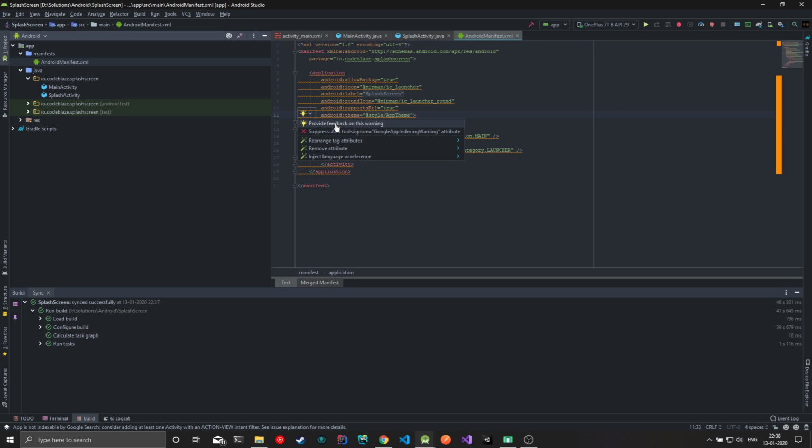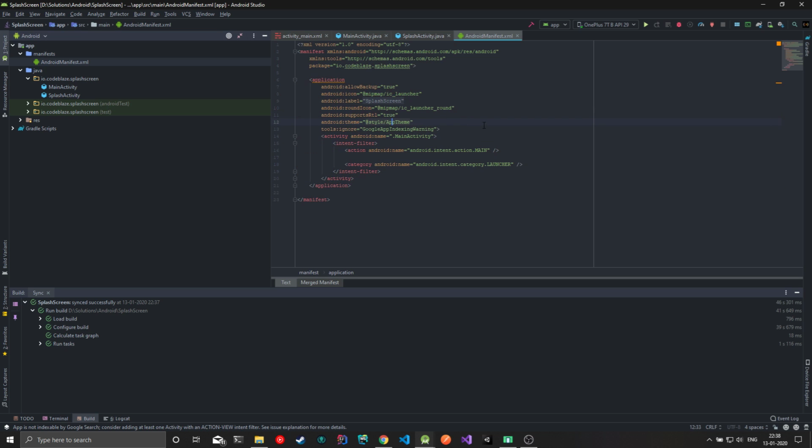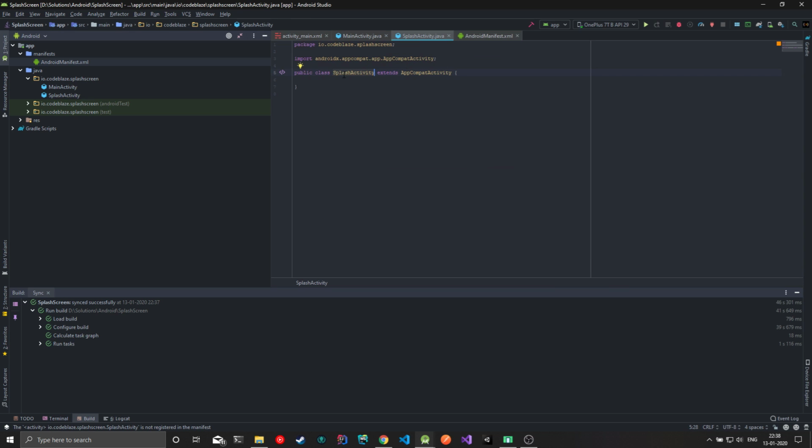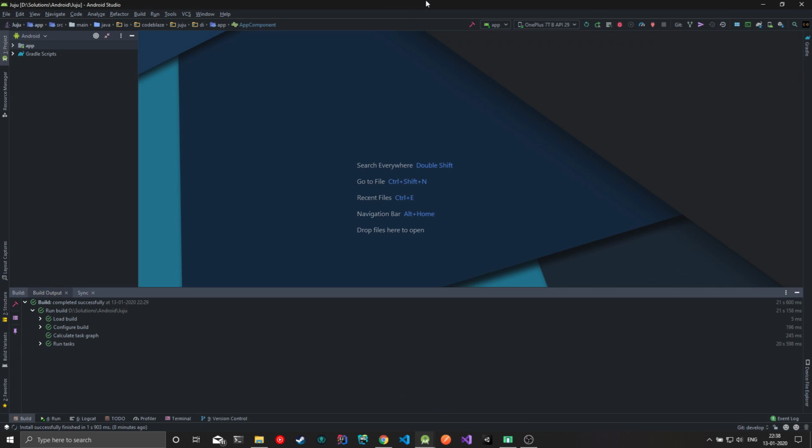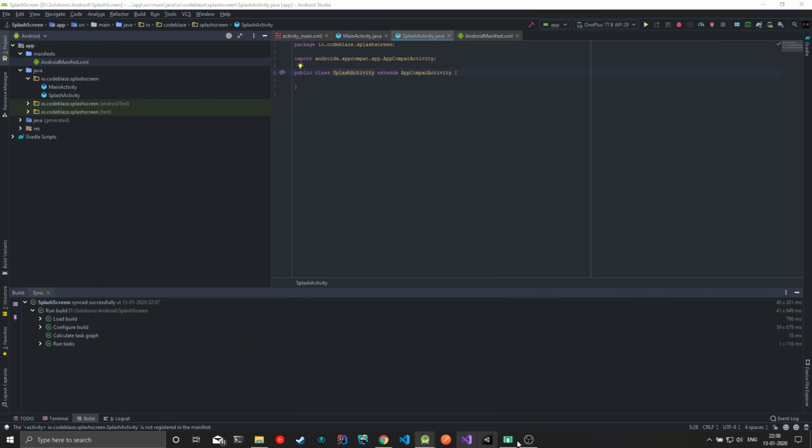We'll just suppress this warning, and the main launcher activity will be our splash activity now, so we'll just need to add the main activity also, because we need to start the splash activity first. Other than that, we don't need a layout file associated with it, and I'll just move this out of the way, put OBS on front, and